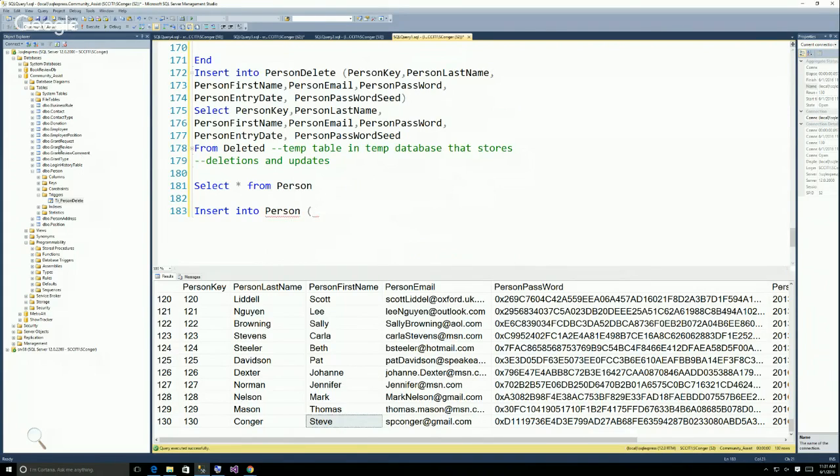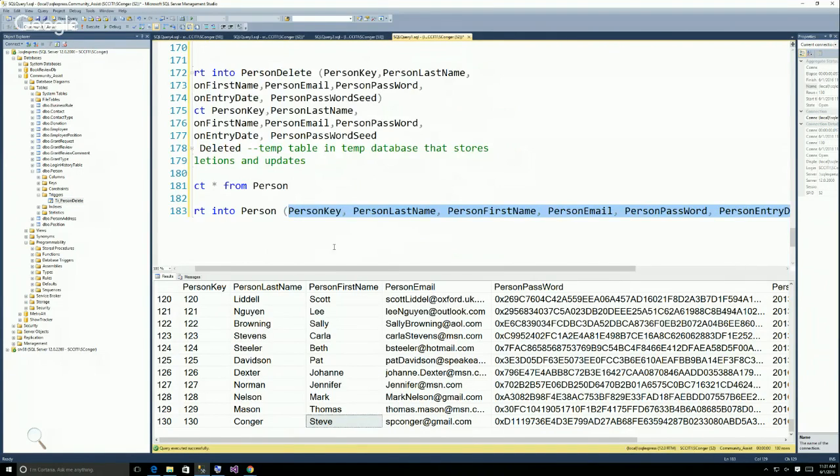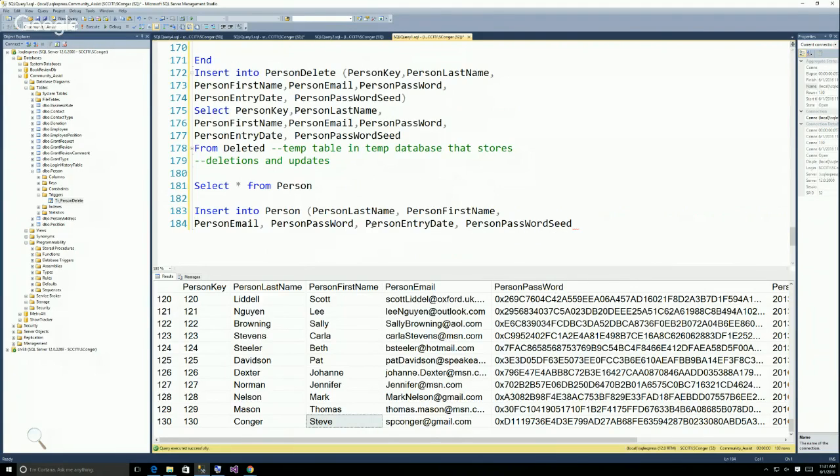I'm going to go to person, just drag in the columns. I'll split that up so you can see. Again, you can't insert person key. I'm not going to enter the password or the seed. They're nullable, I don't have to enter them. So I'm just going to do values,